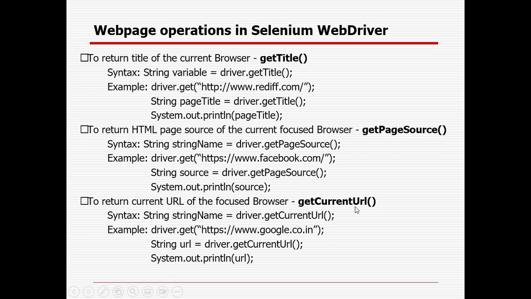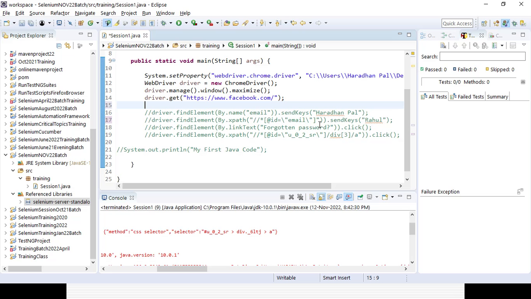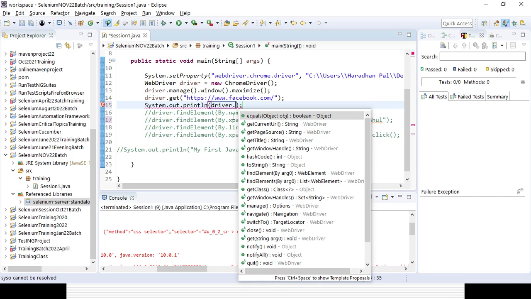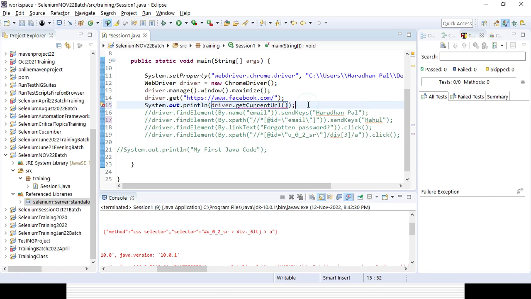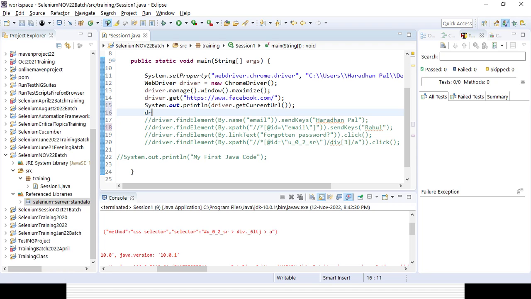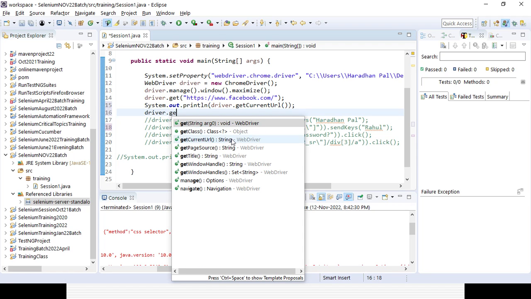So how can you get it? You can use the System.out.println method, just printing out in the console, then driver dot get current URL. That is one way. The other way, driver dot get title. You could see this is the method, coming from the WebDriver. What is the return type? The return type is String.